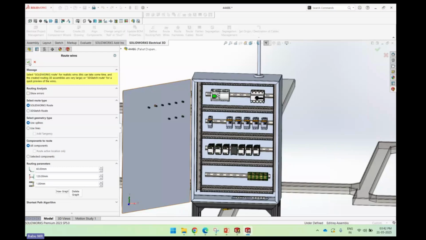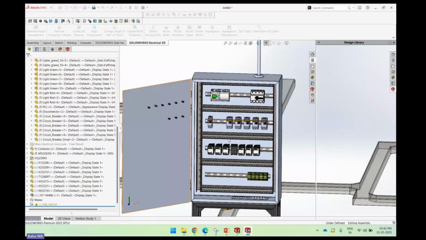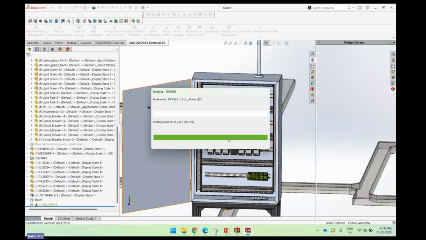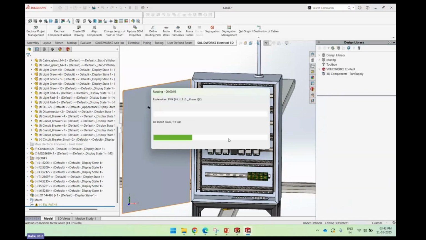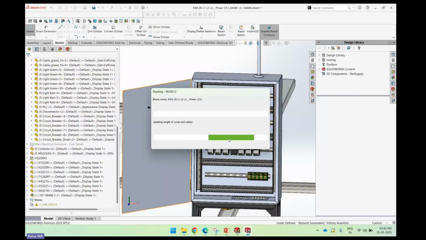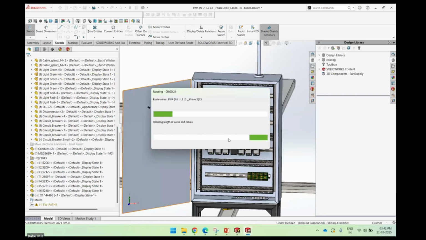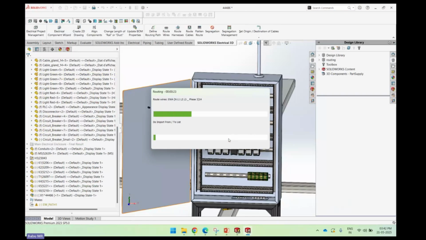If I say okay, in the background some algorithm will run, and it will completely take the input from the schematics, from which component to which component, which terminal to which terminal we have connected the wires in the schematics. Now it will take complete information from the schematics and it will get connected in the 3D. So let's generate the route of wires here. Here, for the entire panel I have